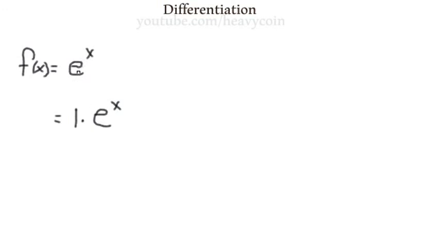But what if this base were a different number, like 2? Well, the more general way to take the derivative here, you would take the base and you would say, okay, we're going to take the natural log of the base. But you got to understand that the natural log of e is 1, and that's the reason we didn't write it here, because this would just end up being a 1 every time. Now that that's said,